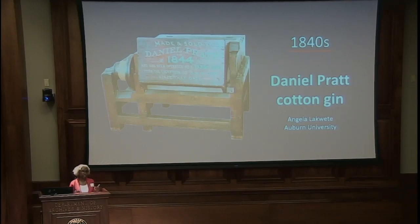Farmers, I should say planters, found them very expensive, and so only the largest planters could afford them. But Pratt's investment and commitment to that gin actually severed his relationship with one of his patrons, Samuel Griswold, for those of you who know a little bit of that history. But Daniel Pratt was committed to change as much as he was committed to the tradition